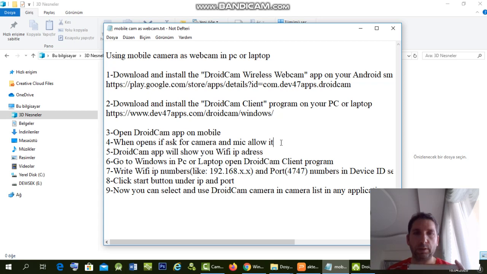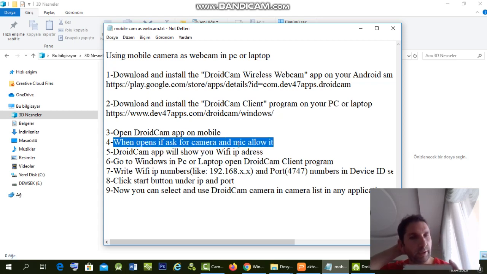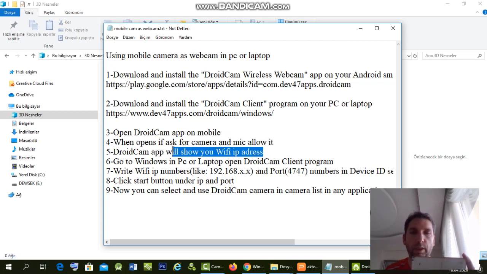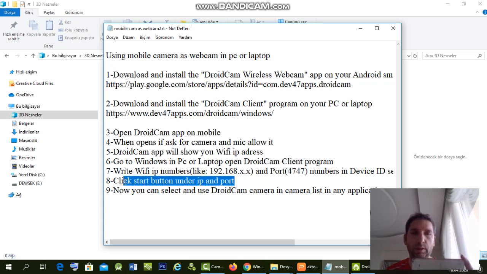When you download and open this application, if it asks for camera and microphone, you will allow it. And as I said, the IP address, we write it on the PC or laptop like this, and we clicked start, and we saw the camera.